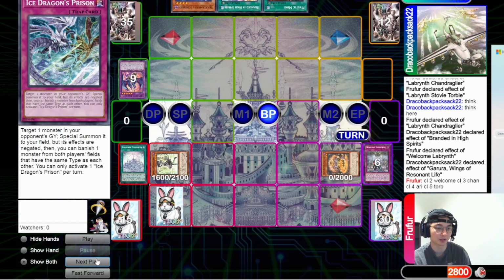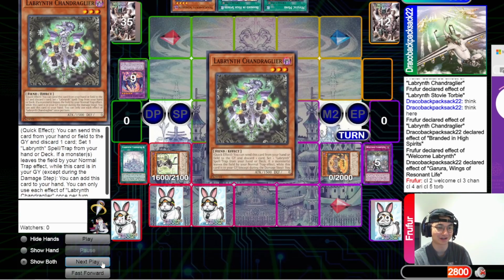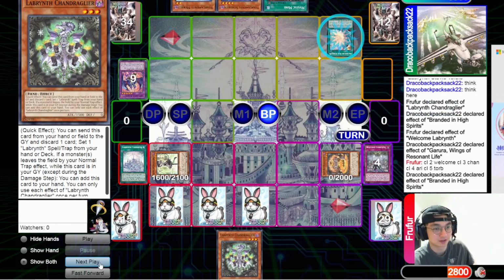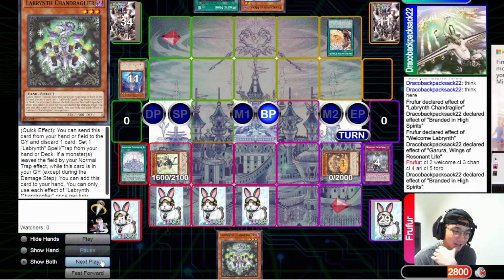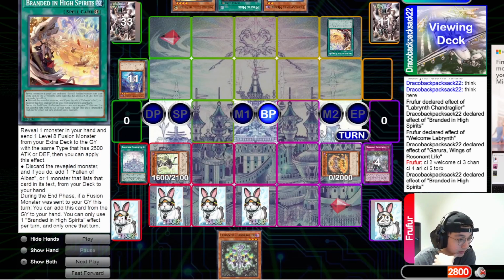He gets to draw one. Oh, I did. Oh, I'm smart. I just didn't see. I should keep clicking the next play. Yep. So I added these. Cool. And then he draws another name. Going to Brandish High Spirit. Probably going to push the Siren. Send a Des Frog. Cool. That's a free Merly. And he gets a...